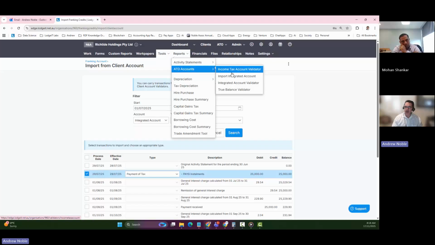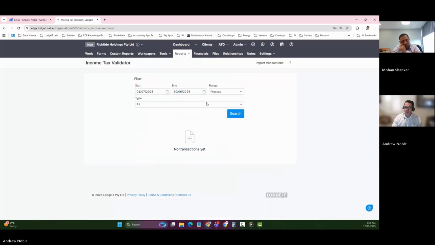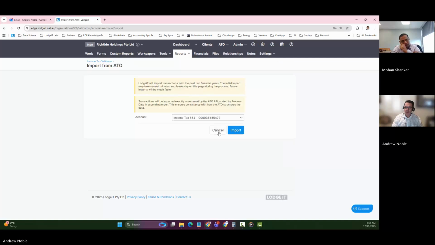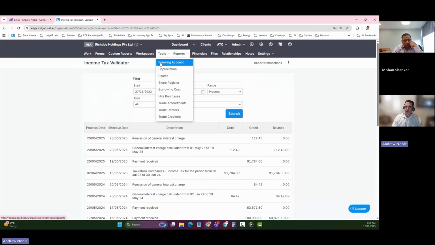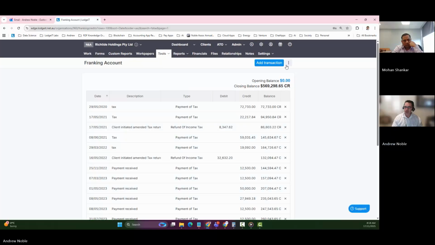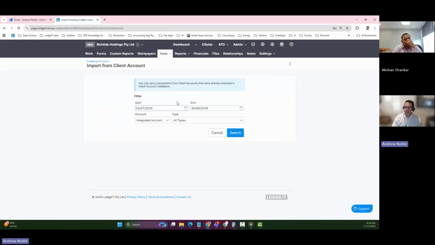So ATO account, income tax account validator, import transactions, and same thing again, it's importing from the ATO. So you're bringing those transactions in, and that again will allow you to work with your franking account and import from the validators, but this time the validator that you're going to work with is going to be the income